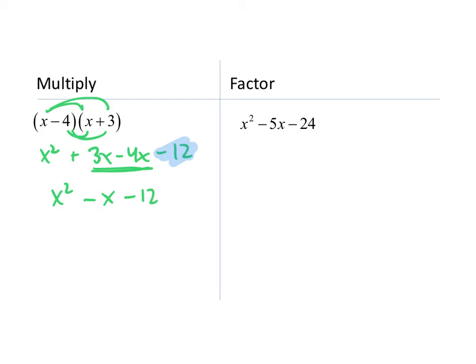Let's go backwards now. Okay, so 24 has lots of factors. So 2, 12, let me see, 3 goes into 24 8 times, 4 goes into 24 6 times, so those are all my factors. If I list the factors, that helps me see which ones are the ones I need, because if these will multiply together to get negative 24, I have one positive, one negative. So we got to make sure they add up to negative